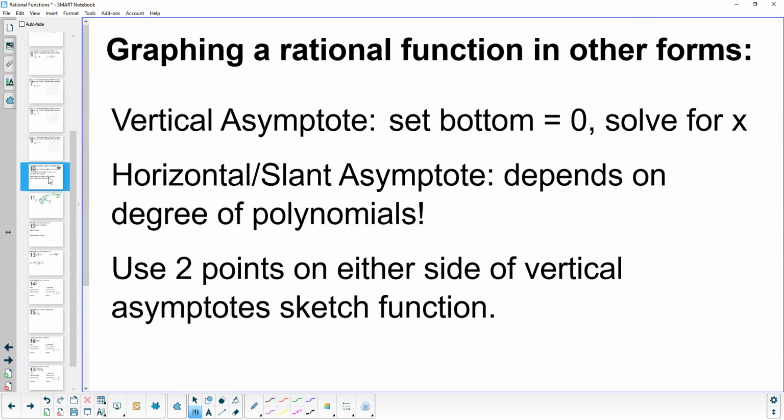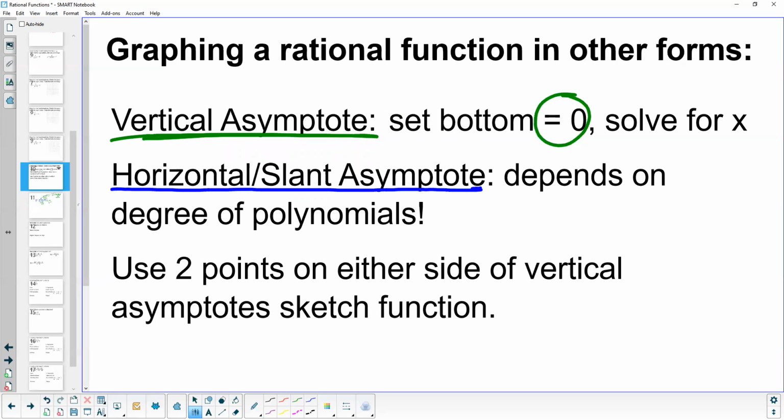So just like we did before, in order to find our vertical asymptote, what we're going to do is set the bottom equal to 0 and solve for x. So whatever's on the bottom, we want to solve for that polynomial. Now that may involve factoring, it may involve algebraic manipulations, but that's what we want to do. In order to find our horizontal asymptote, and now we also have something called a slant asymptote,